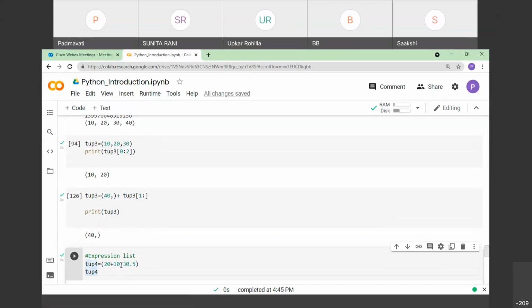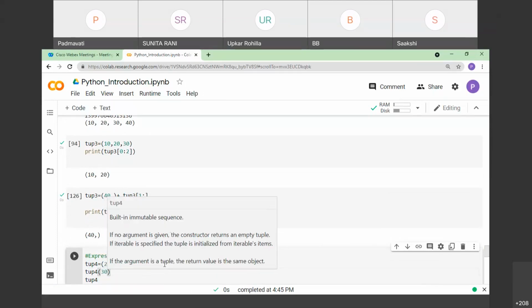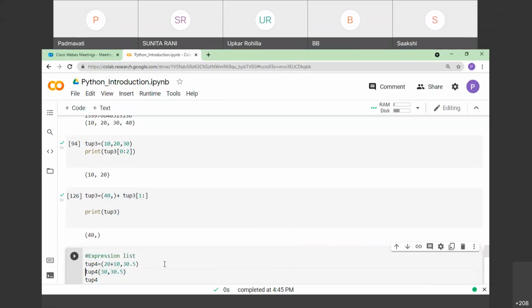Okay, so here I have explained the expression list as well. Expression list is nothing but, instead of giving the value as 30, instead of solving it myself as 20 plus 10, 30, comma 30.5, what I have done is I have given the expression only, 20 plus 10.